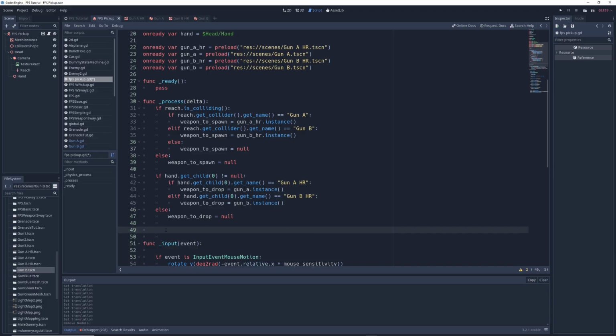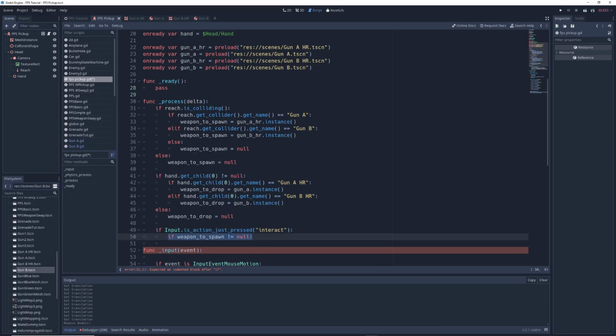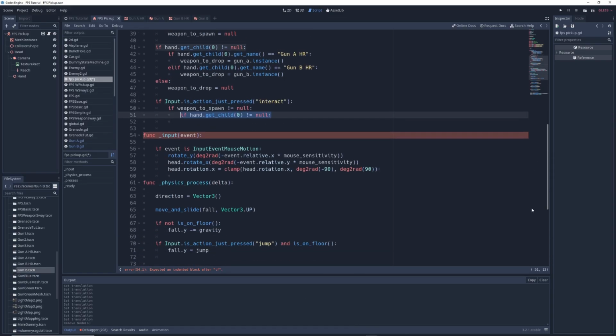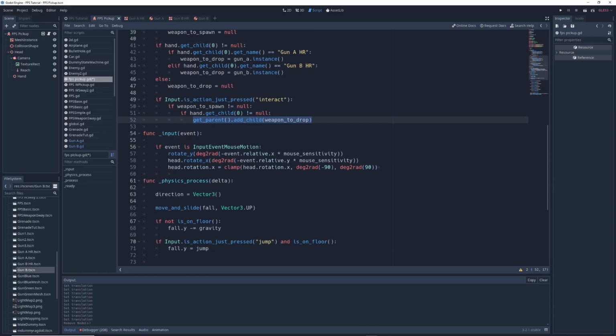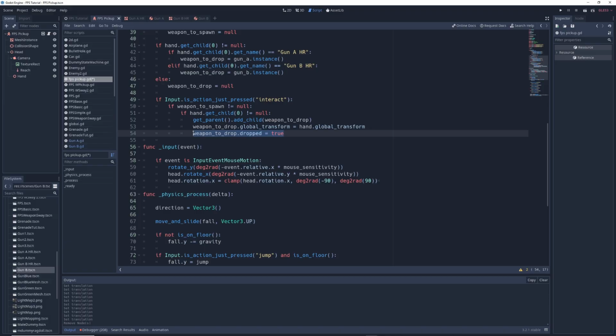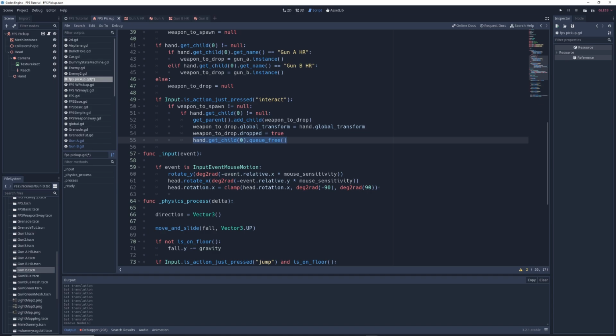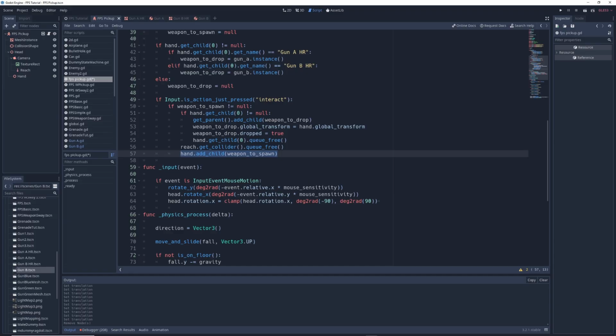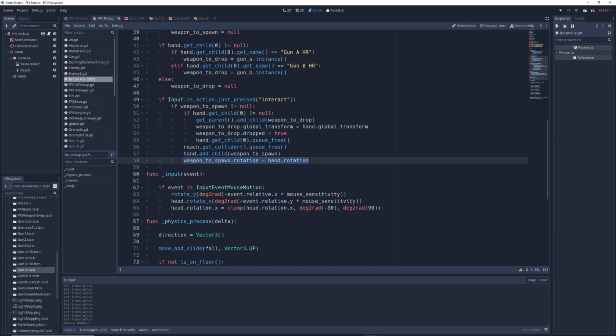Return to the script and write if Input.is_action_just_pressed("interact"), if weapon2spawn != null, if hand.get_child(0) != null, get_parent().add_child(weapon2drop), weapon2drop.global_transform = hand.global_transform, weapon2drop.dropped = true, hand.get_child(0).queue_free(), reach.get_collider().queue_free(), hand.add_child(weapon2spawn), weapon2spawn.rotation = hand.rotation. So when we press the interact key to pick up a new gun, if weapon2spawn